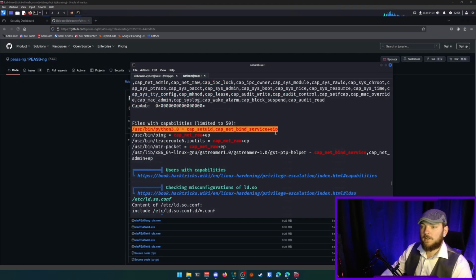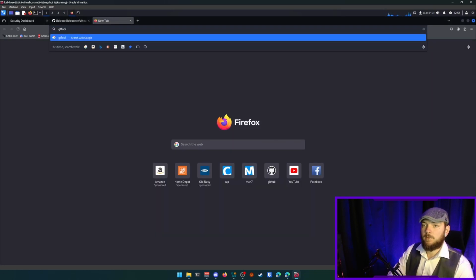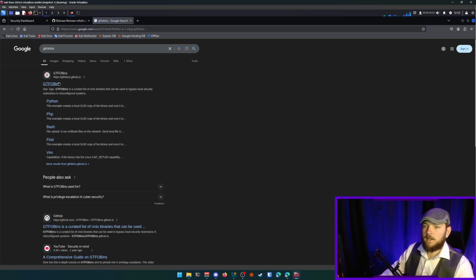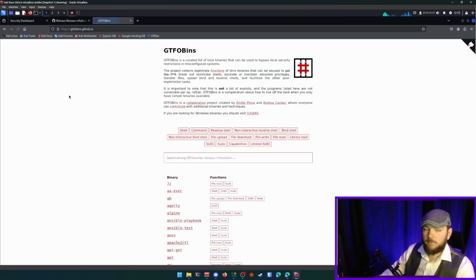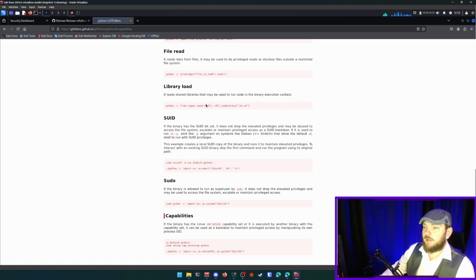Alright, so now that we have this information about the setuid, we can take it and see if we can find something in a site called GTFOBins. This is basically a list of Unix binaries that can be used to bypass all kinds of different stuff. So we're going to come in here and search for Python. We can see all these different functions, shell, reverse shell, file uploads, but we can also see our capabilities here, and we see the cap_setuid capability, and then we can actually copy this,